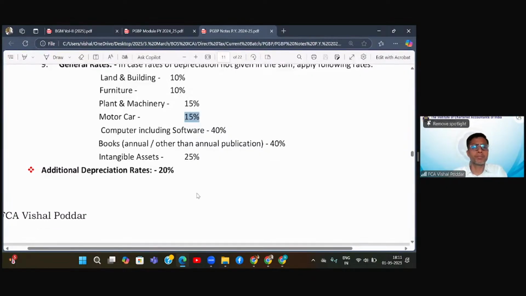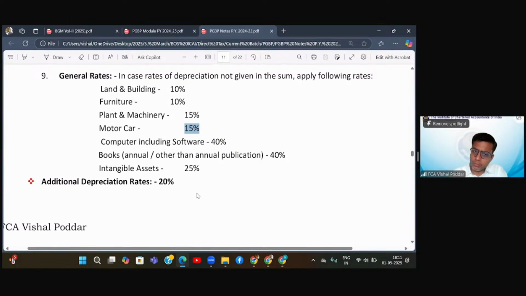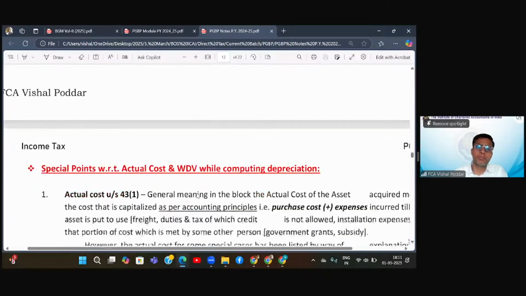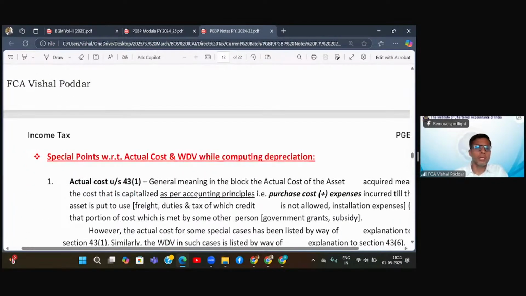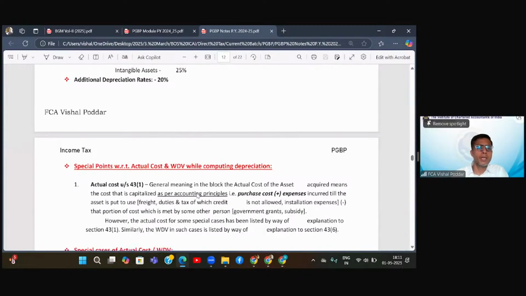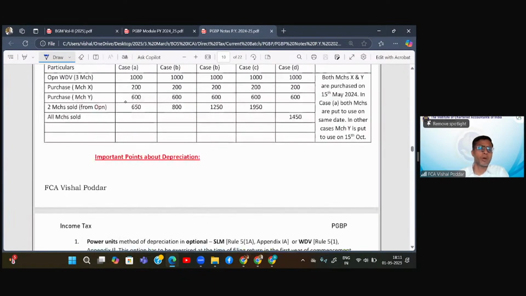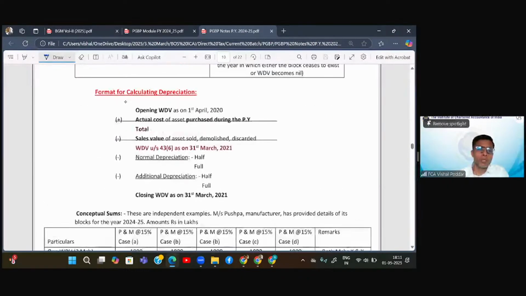Additional depreciation for plant and machinery, irrespective of their actual block rate, is always 20%. Now, some important points relating to computing depreciation. We studied that we have to compute the WDV of the block. See, this was the format that we studied. We solved the sum. Now, when you compute this WDV,